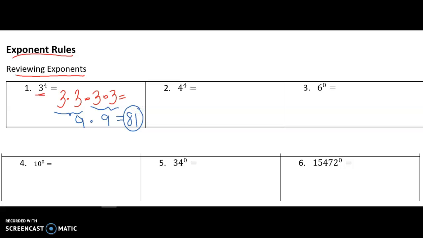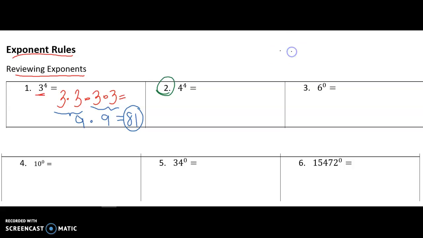I'm going to go ahead and let you do number 2. You can do number 2 on your own. Now let's go ahead and move on to number 3. 6 to the 0 power. This one's a little bit tricky, but there's a key rule here that we need to learn, and I hope